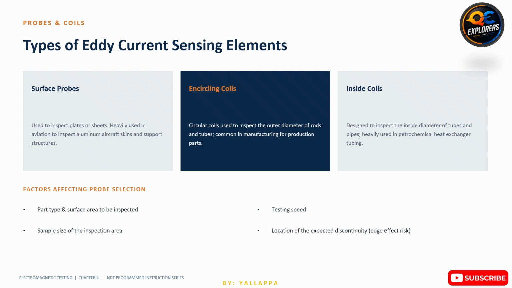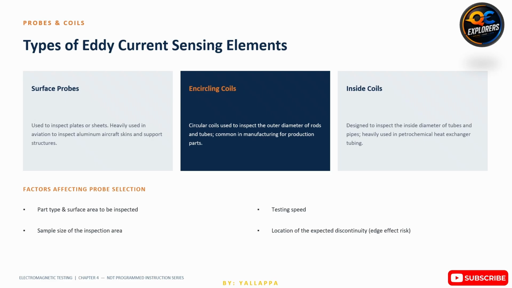A common mistake made by inexperienced inspectors is assuming that increasing instrument sensitivity can compensate for using the wrong probe. In reality, proper probe selection is often more important than increasing gain, because the sensing element determines how effectively eddy currents are generated within the component. Professional inspectors always select the probe based on the component geometry, material type, expected discontinuity location, and inspection objective before